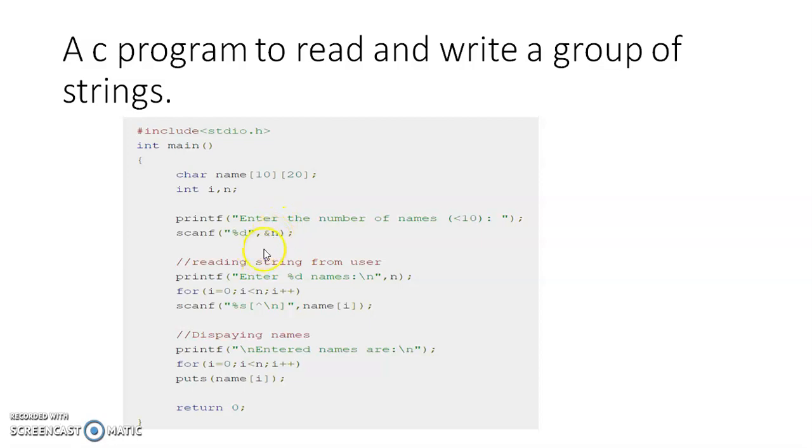Okay, so after reading the n value, we are storing all the strings. Every string ends with the null value. So we are reading the string till the null value, because a string may contain multiple words. To read those multiple words, we can use %s with a conversion character. We have studied about this in our video 1. For reference, you can go through that video 1 to see how this scanf statement works. So it reads all the n strings, and all the n strings are displayed by using the puts function.